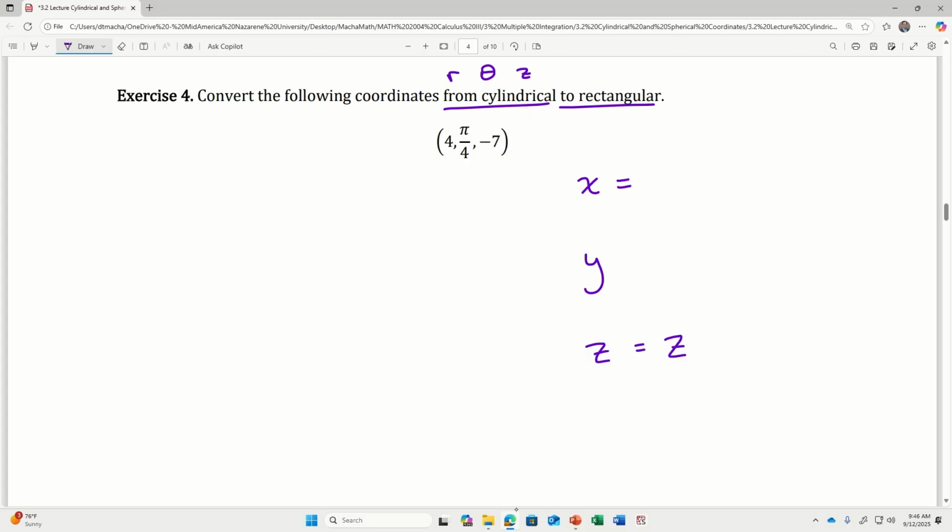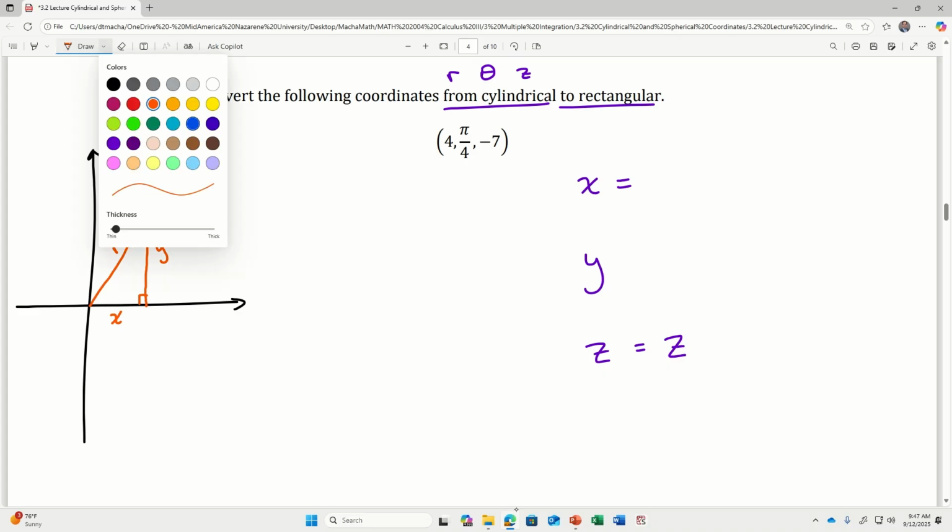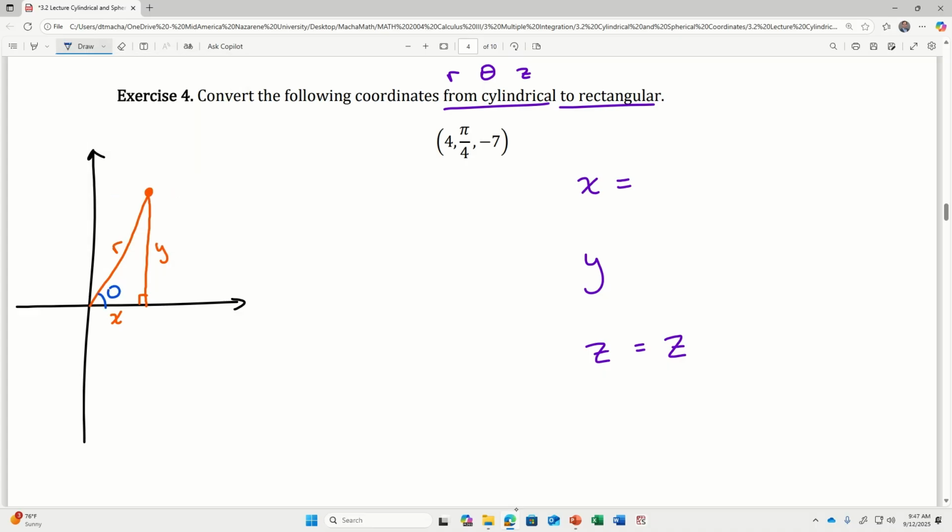X is going to be given from drawing a picture and looking at the trig functions. Like if I have this point, and this is r, and this is y, and this is x, and we've got a right angle here, and this is theta,